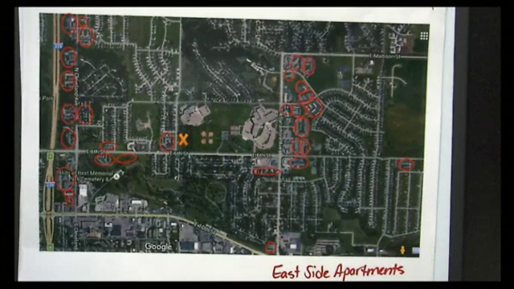Another thing: when I was walking around the neighborhood talking to my neighbors, a couple of them mentioned that they thought this is possibly a historical site. I don't know anything about that, but that's something that somebody should probably think about. Maybe that area needs to be preserved. I'm not really up on that.